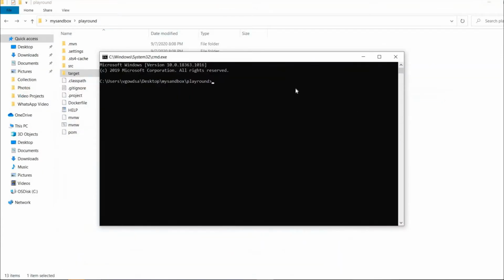Okay, let's start. In the command prompt, the prerequisite is that Docker needs to be installed in your local system. Let me see the Docker version I have.